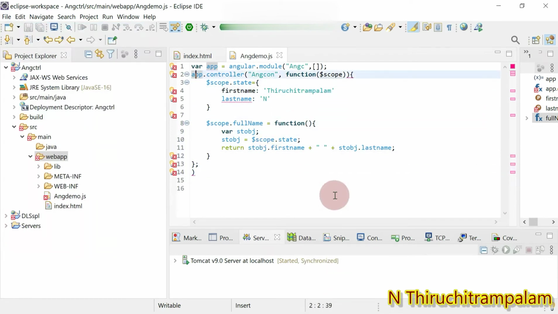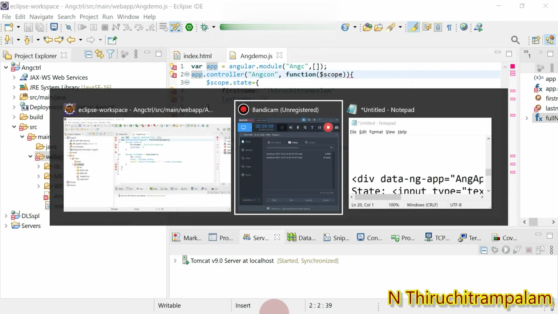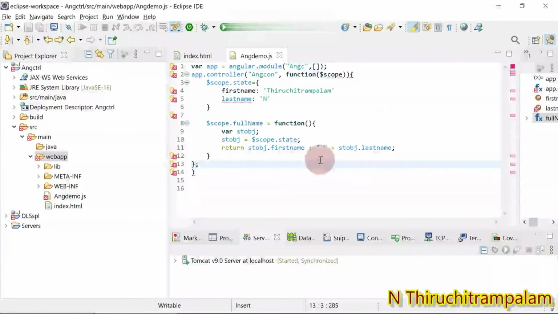Just a sec, it shows a few errors. App dot controller in JSON. So it shows the error.